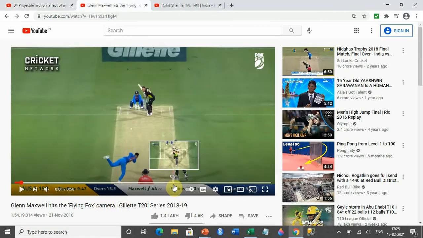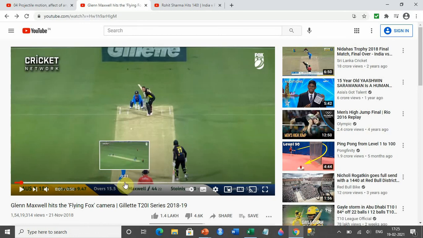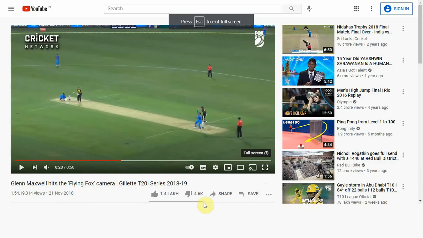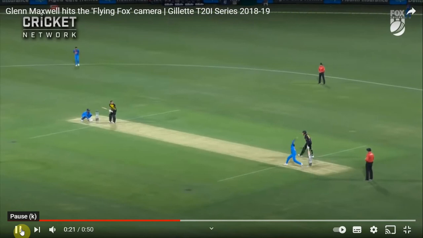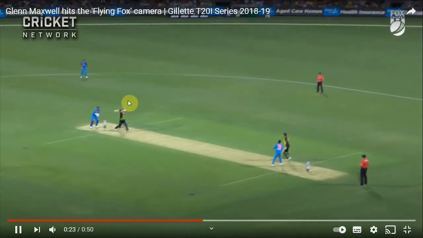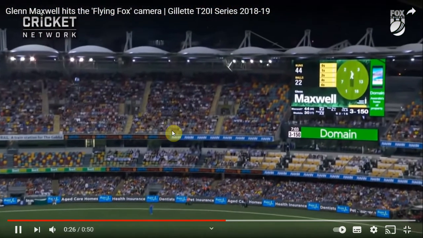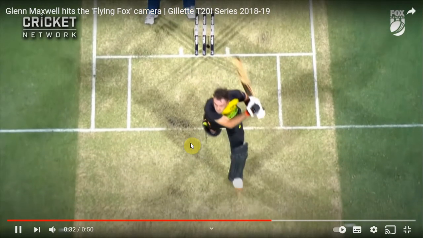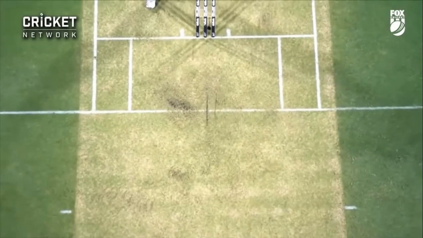Here, let me show you from 20 seconds what happens. Just see, a particular ball is hit at a very high angle. Here Maxwell is hitting the ball at a very high angle, so that's why the ball is going very high. As I told you, if you are hitting at a very high angle, it will go very high and it will take time also. Just see what happens. The ball is hit at a very high angle, and that's why it went very high and took a little longer. So it has gone higher and it has taken longer travel time, longer flight time.